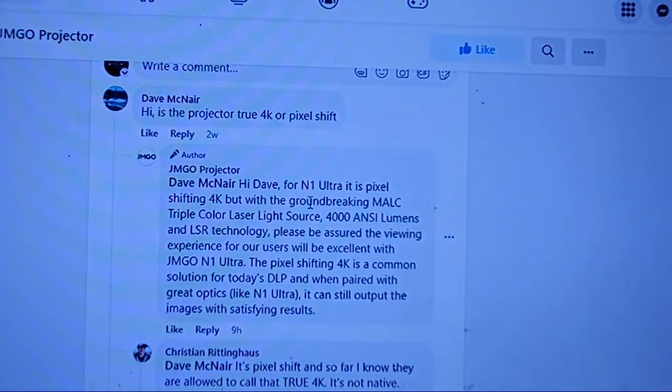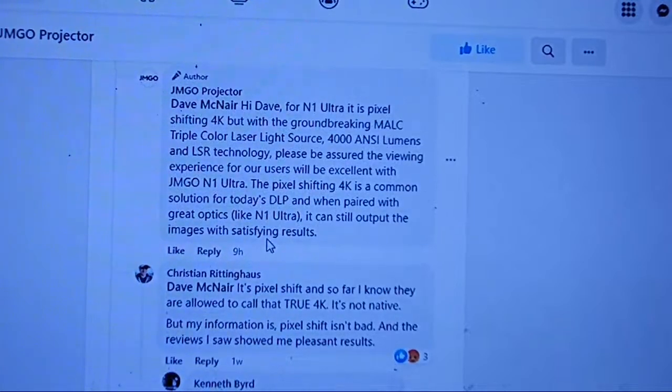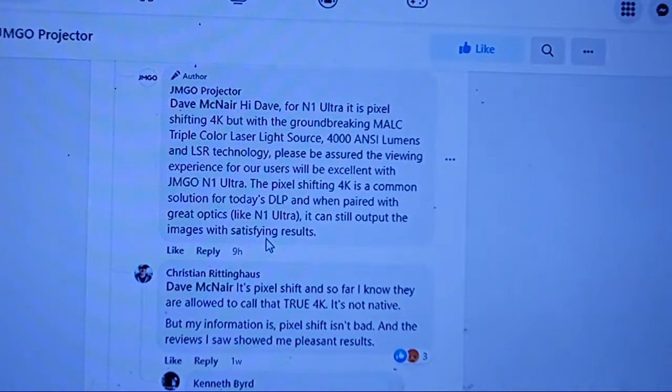Okay, so this is a common solution for today's DLP projectors when pairing them with great optics, like the N1 Ultra. It still outputs images with satisfying results. No, it's 1080p, that's all it is. And then here, this is another person telling Dave, the same person who answered if it was pixel shifting or real native. He says, pixel shift,